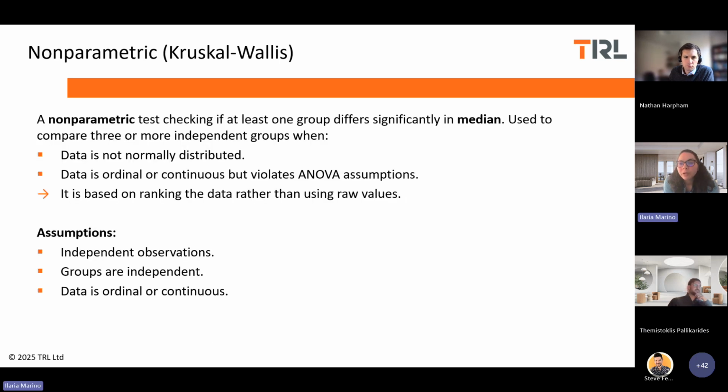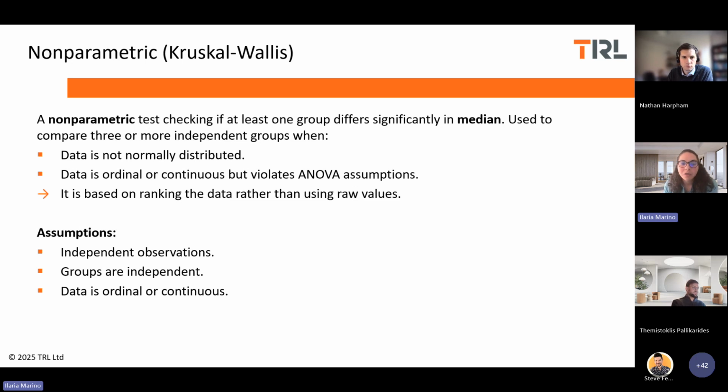Another test that we can use is the Kruskal-Wallis. And again, we are here in the scenario where we have more than 2 groups. It can be 3 or multiple groups. Basically, this is a non-parametric test because it's not checking on a specific parameter, but we may think about it as checking on the median. For simplicity, it's not really checking on the median, it's more checking on the distribution and the ranking